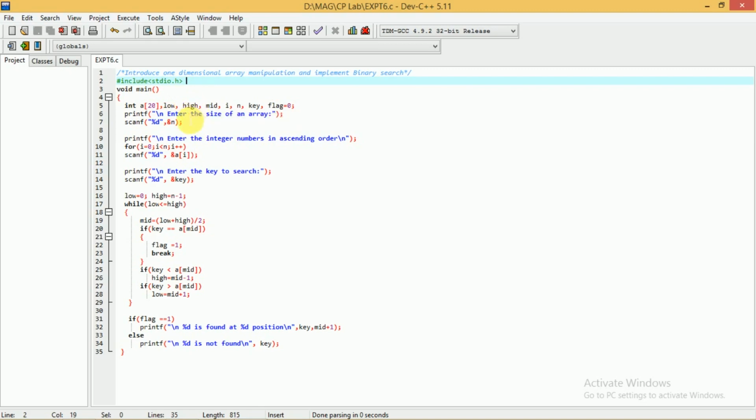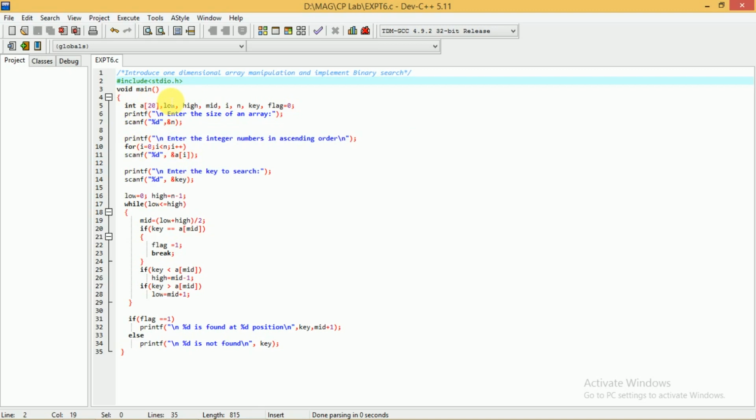We know that there are some inbuilt library functions, and whenever you make use of those functions in your program, you have to include the corresponding header file. Whenever you are using standard input and output functions like printf and scanf, you should include this stdio.h header.